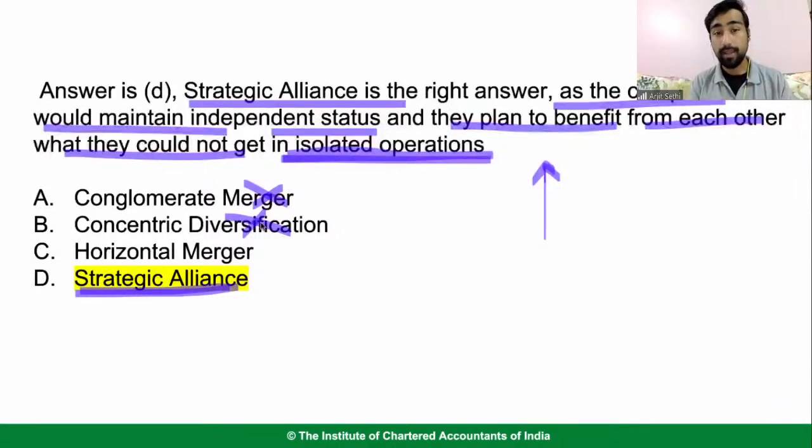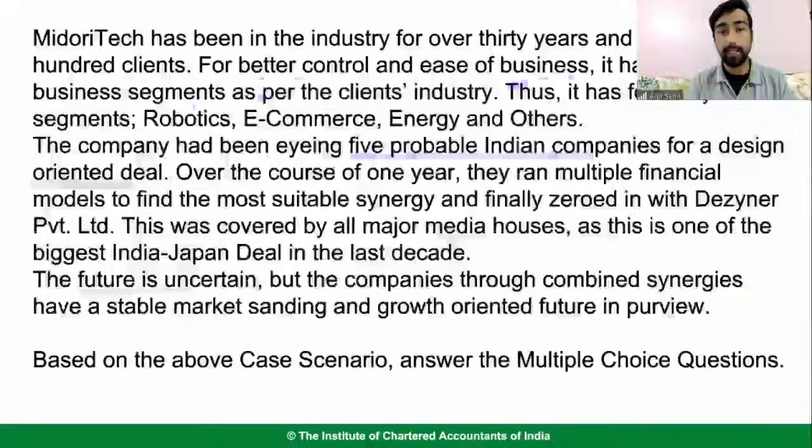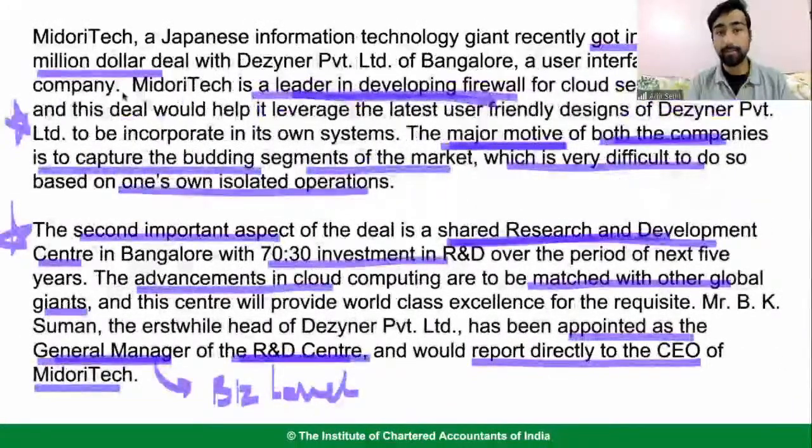They're not doing any diversification. They're not doing any merger, right? Merger तो है ही नहीं किसी, they will have independent status, they will not merge. कहाँ पे लिखा है they will merge, right? See, what they're doing is, there is a deal, information system to multi-million-dollar deal. यहाँ पे deal लिखा है, merger कहाँ लिखा है, right? It is a deal. It is not a merger. They're not buying the company.